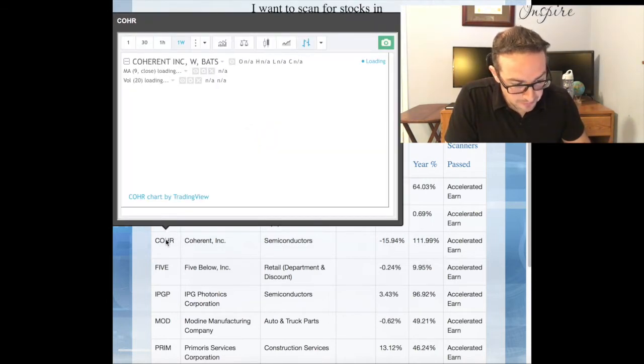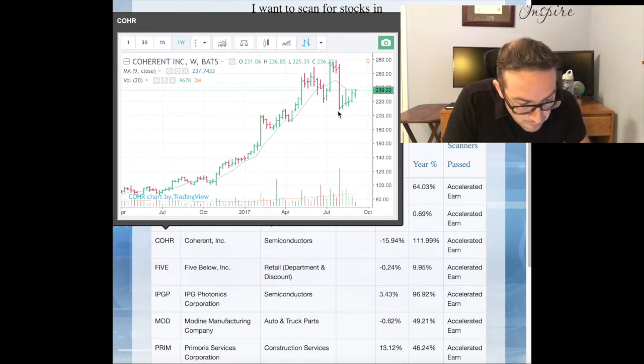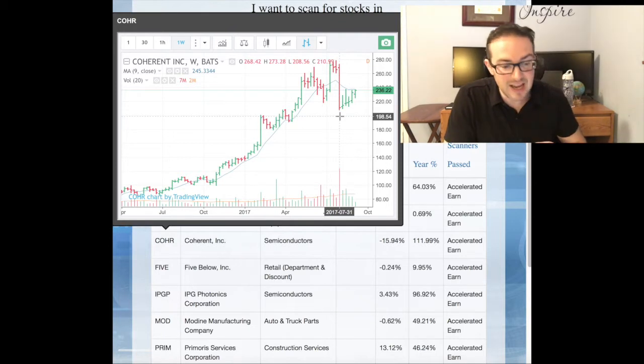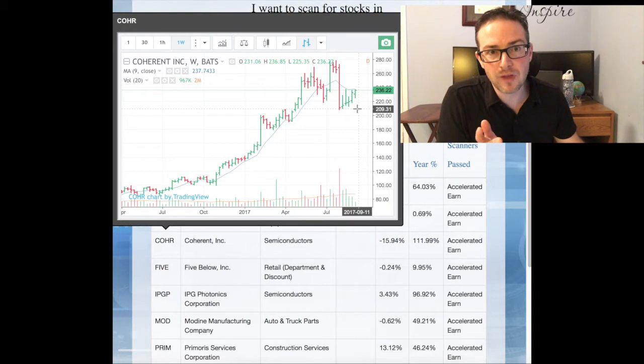Coherent, this is a semiconductor, and this one doesn't look to be setting up in any kind of an actionable pattern right now either. It looks like it's forming a topping pattern called a head and shoulders, where you have the left shoulder over here, then it comes up again, and that's the head, and then the right shoulder, which is typically lower than the left shoulder, and that seems like it might be developing here. You would have a neckline somewhere right around the $208 level, or even if it breaks above this upward sloping trend line over here, I would look to sell the stock. Definitely might be a shorting opportunity,